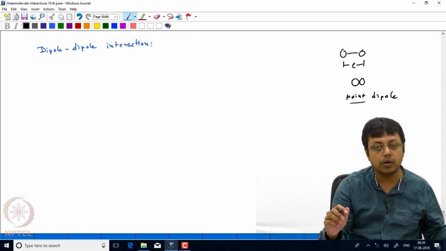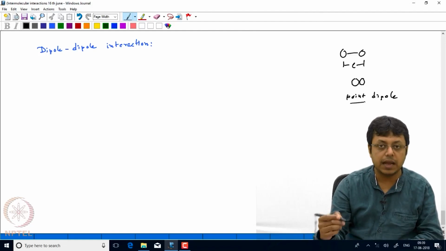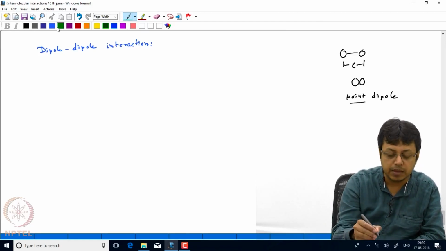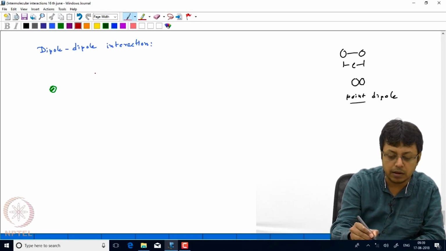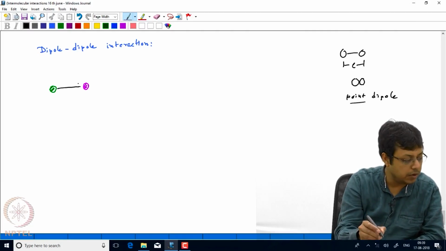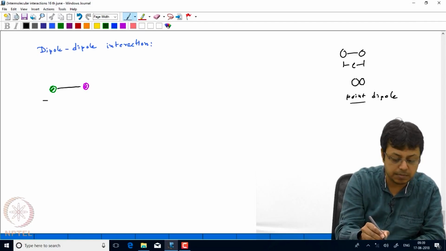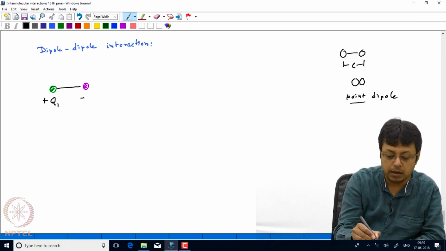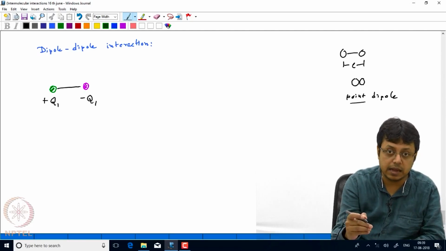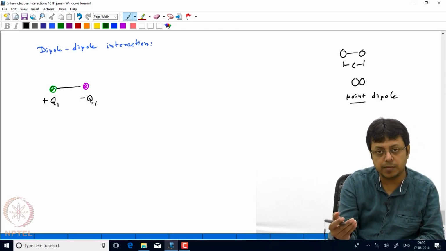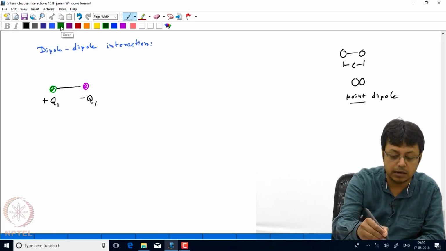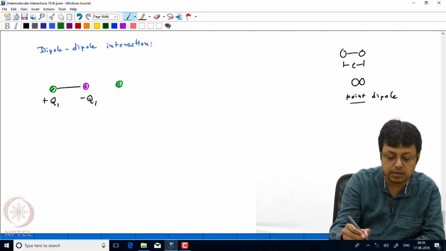Now the question is what will be the interaction between two dipoles. Again we have to consider a favorable geometry, and let us consider that we have a positive end like this, and a negative end of the first dipole like this. So this is our first dipole, where we can choose the charges as plus q1. So this is dipole 1 and minus q1, and then I am bringing the second dipole to it. Obviously the most favorable orientation will be where the positive end faces the negative end of the other dipole. So a position like this,